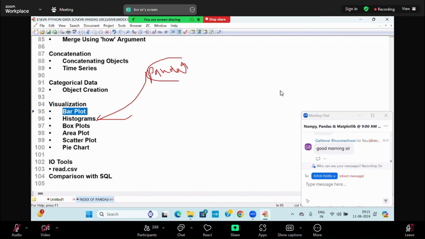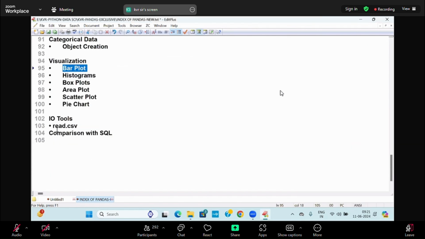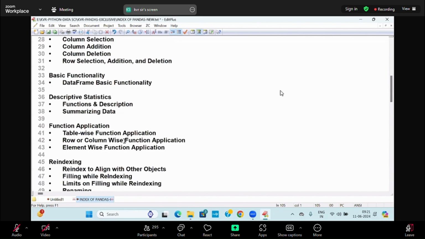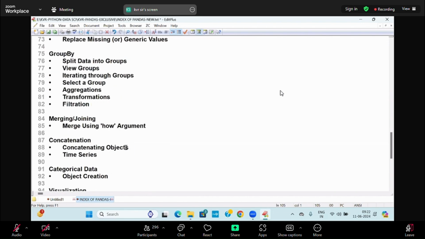Pandas will do some operations. After getting that data, how to draw the bar plot, how to draw the histogram, box plot, area plot, scatter plot, pie chart, and IO tools, reading the data from a CSV file, comparison with SQL. And these are the index which I am going to talk about, followed by